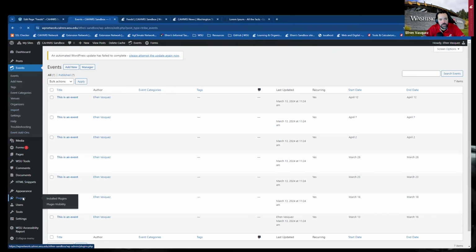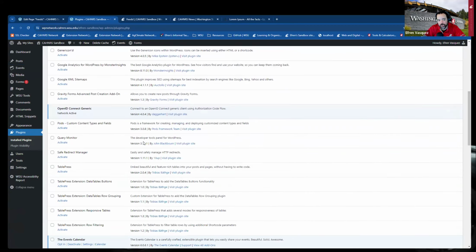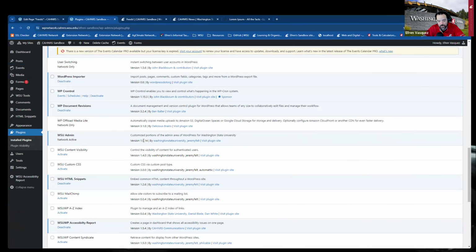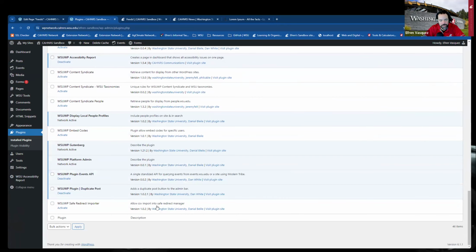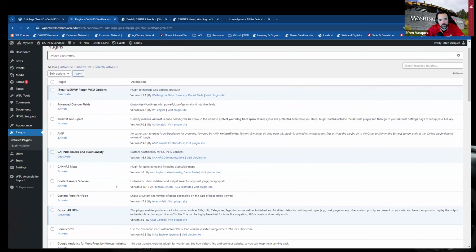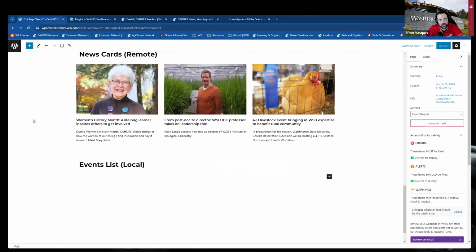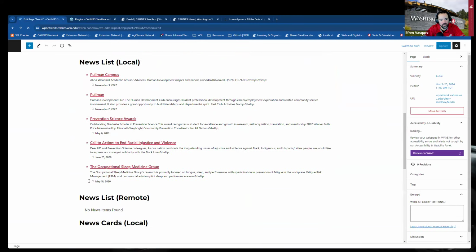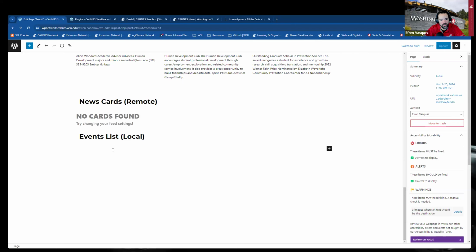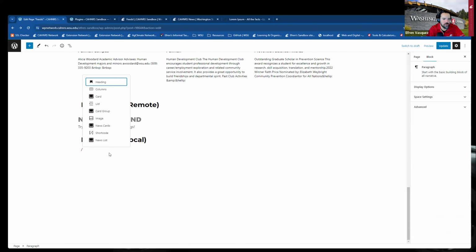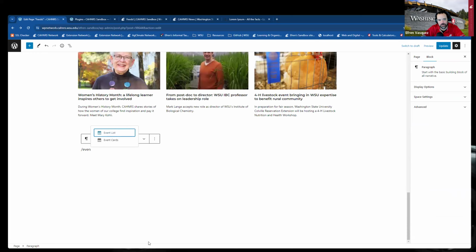The next thing we want to do, to make sure that we can use the events list and the event cards plugin or blocks, is to make sure that the plugin's Events API is activated. I'll show you why that's important really quick. So if I refresh the page, and do events list,